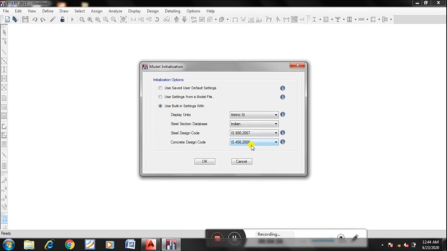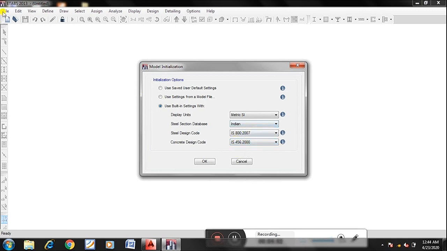Even though the software is ETABS 2013, it has only IS 456 2000 built in. Even in India we are not practicing 2016 yet. That's why I'm taking IS 456 2000, which we have followed for 20 years.